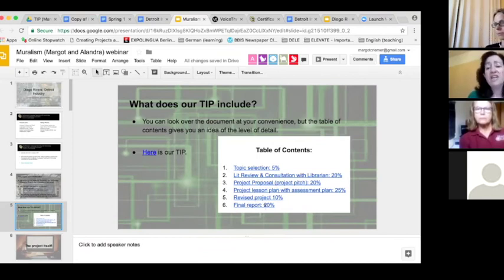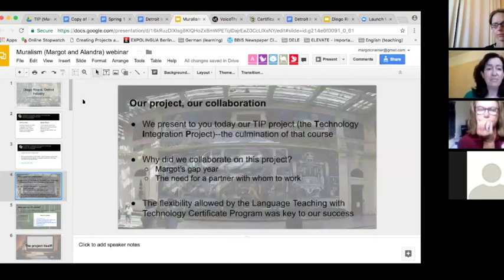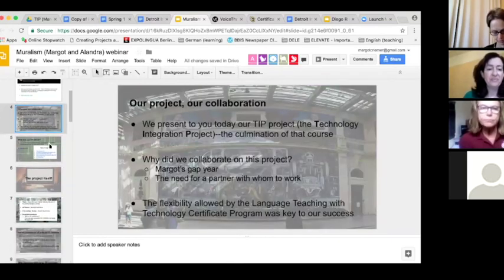And then at the very end, even beyond the final report here at the end, there's a list of can-do statements and the rubric that Alondra and I use to grade the students on their final presentational report. This link here takes you to the whole document. It's pretty long. It has a lot of detail, but you might not need all of it.